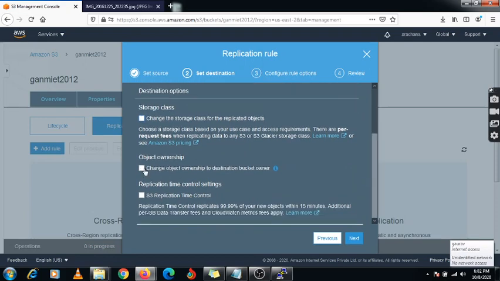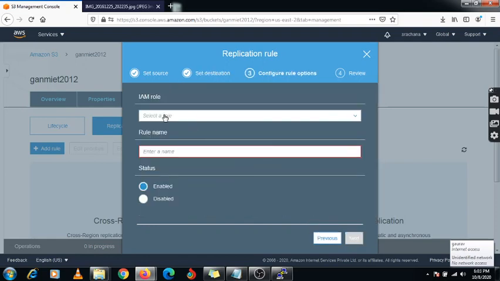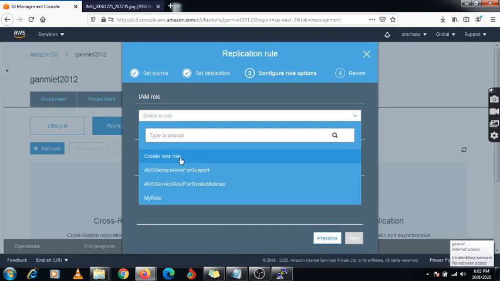If you want object ownership, you can set it using this object ownership option. Replication time control setting, you can set using this option. I'm clicking on next. Here, if you want to assign a role or an existing role, you can specify it.